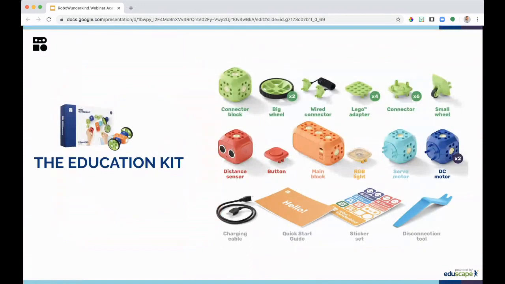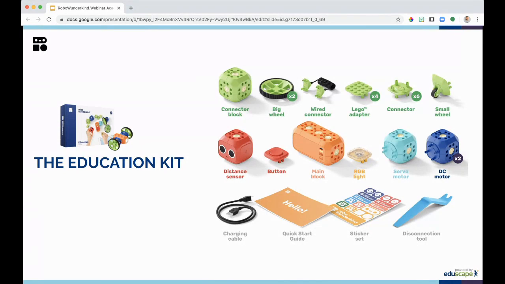As you can see, there's a variety of blocks, wheels, connectors, sensors that typically look very industrial. They look like kid-friendly blocks. You also receive the disconnection tool to allow students to work on that fine motor skills of popping the pieces off, putting it together, and ultimately to facilitate the learning. You'll also notice that there are buttons and lights, and then that main block, that's the brain, is what connects to those apps so that students can code with the robots and their creations.